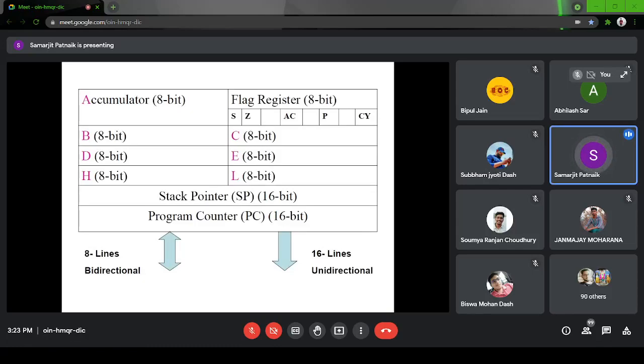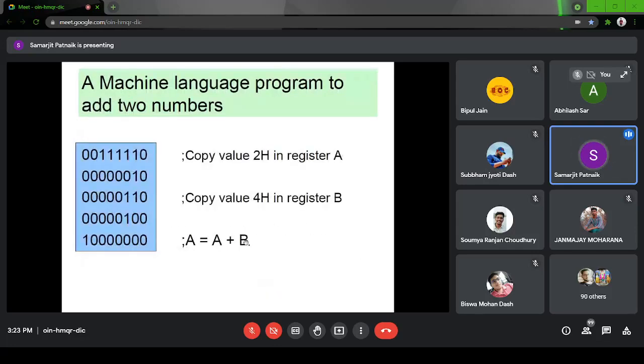These registers are only 8-bit registers. So I can copy 8-bit data to that register. Suppose these are all 8-bit strings, I can directly copy this 8-bit string into a particular register.